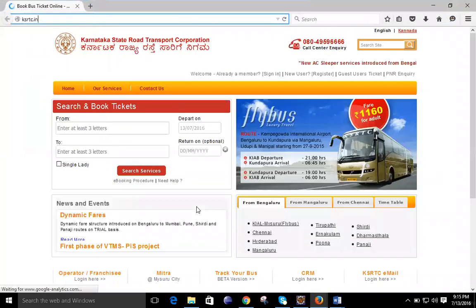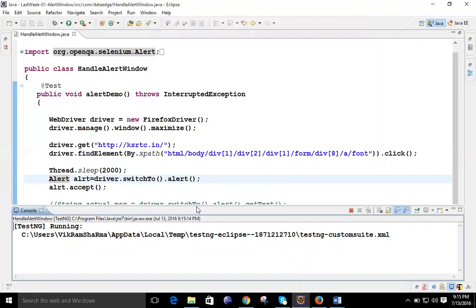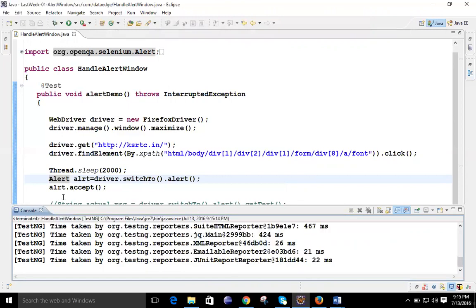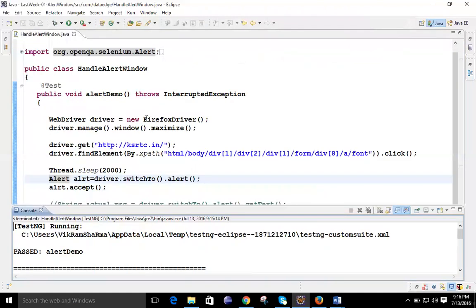So see when the alert is coming. See, it will click. Now the alert has come, and it is also clicked, which means the alert is accepted. If you see the console, it is telling that the alert demo has passed and the run had one failure. So here it is not going to do anything. But if you take the help of the Alert class, it will simply accept that alert, okay by default, and it will not print any type of messages. Okay, but this is one of the ways.